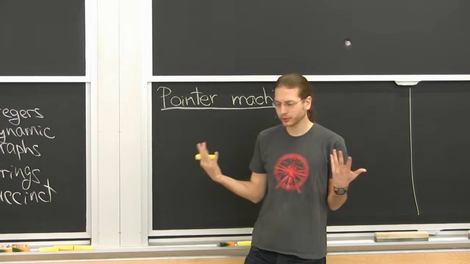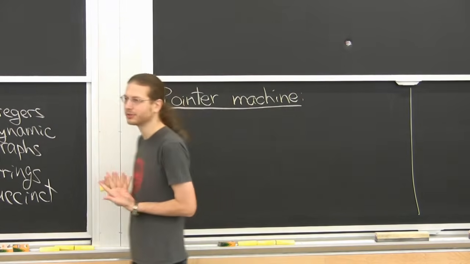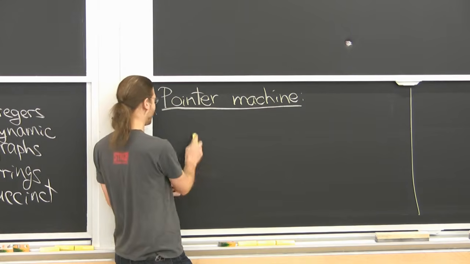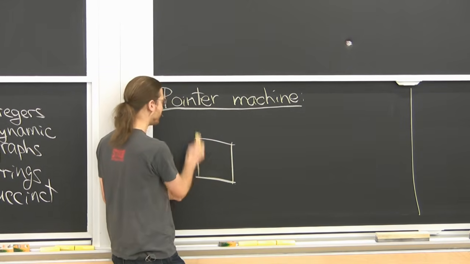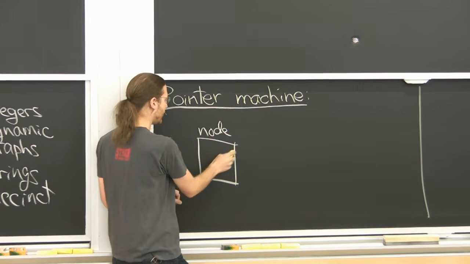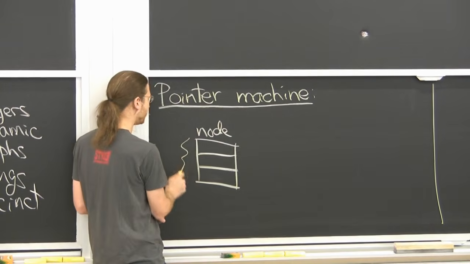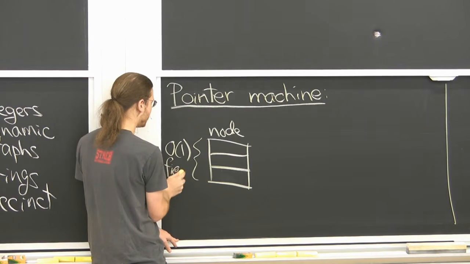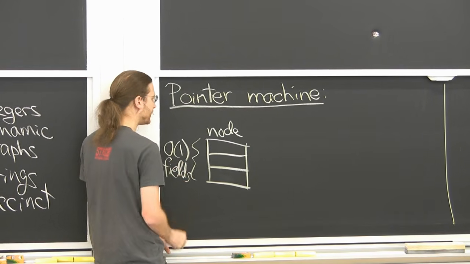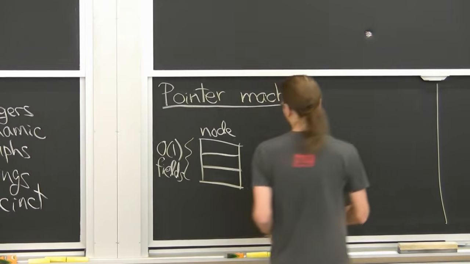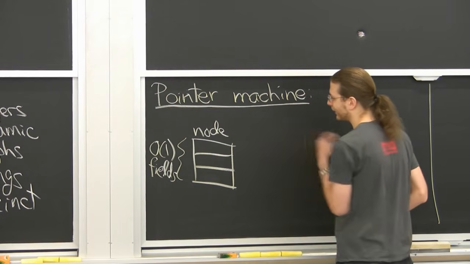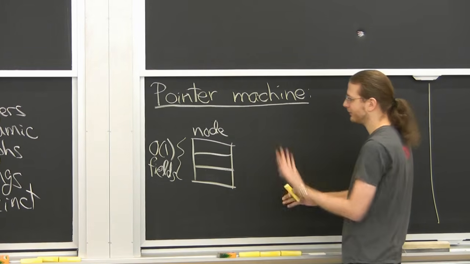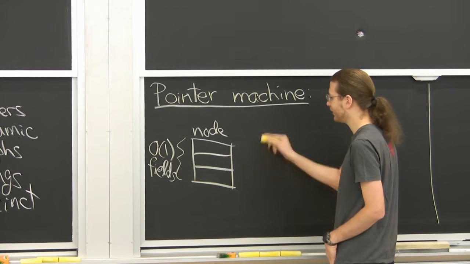And it corresponds to what you might think about if you've done a lot of object-oriented programming. And before that, structure-oriented programming, I guess. So you have a bunch of nodes. They have some fields in them, a constant number of fields. You can think of these as objects or structs in C, or used to be records back in Pascal days, so a lot of the papers call them records. We just have a constant number of fields. You could think of them as numbered, labeled, doesn't really matter because there's only a constant number of them.